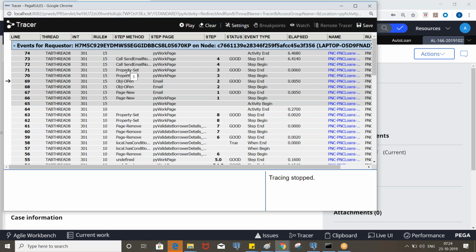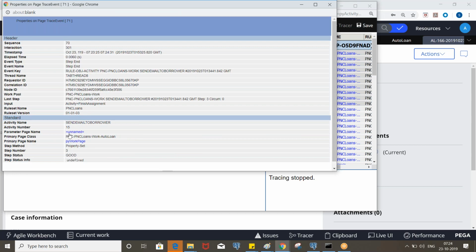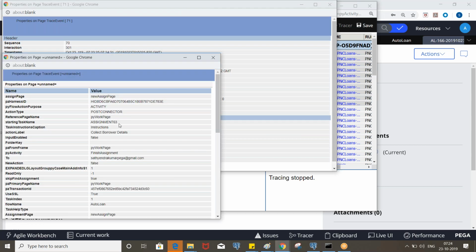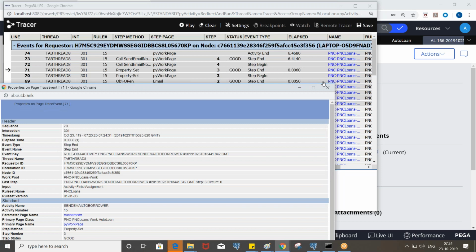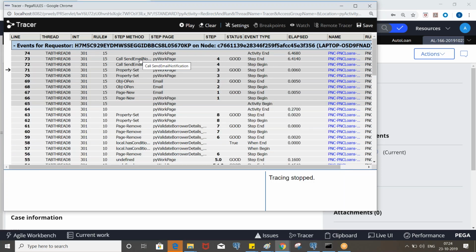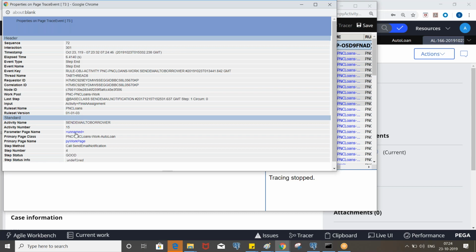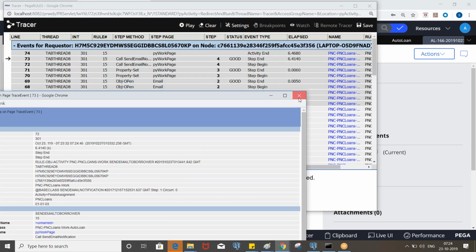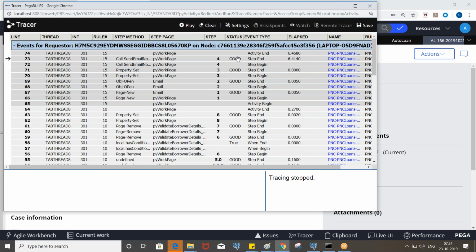After executing the property set, if you look at step 3, you will see all the parameters, where you can see the to, from, password, everything, and the same details will be passed to the send email notification also. So the status is good, right? If you look at the 4th step, the status is good. That means it has sent an email. If you provide the wrong password or email, you will see the status fail, and based on that, you need to rectify it.